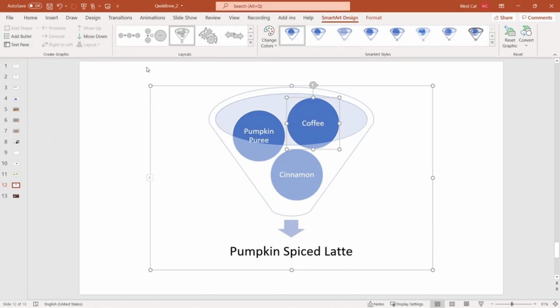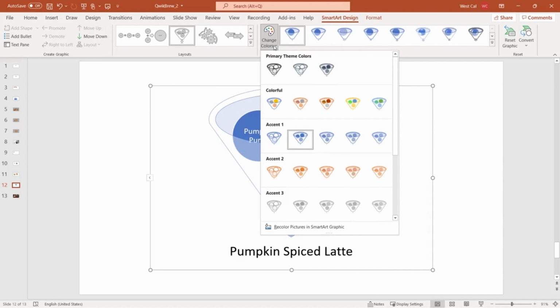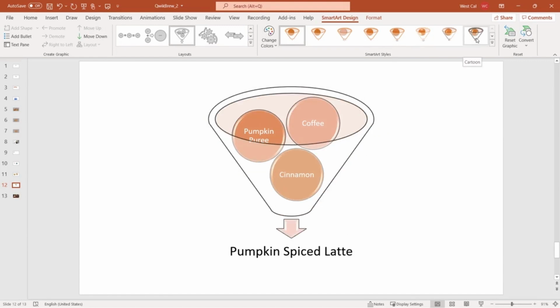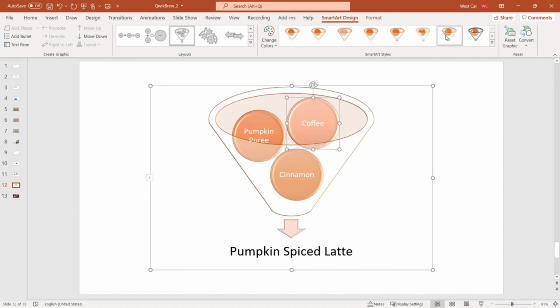Now this blue colour isn't particularly fitting for a graphic about pumpkin spice coffee, so Grace is going to change the accent on the Styles menu here. She's also trying out a 3D and bevel style effect. Now this drop-down menu will allow you to change the style of the graphic as a whole, but if you